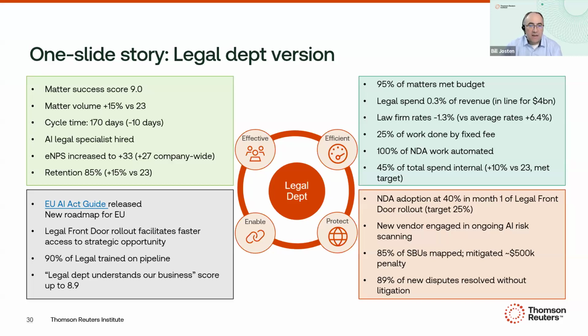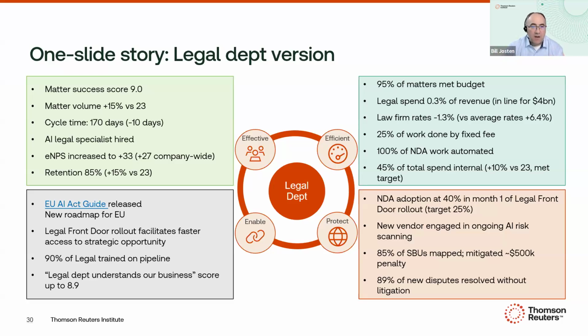We found benchmarking data that coincidentally just happens to be available through the Thomson Reuters Institute, but we're 0.3% of revenue. We can talk about that and benchmark it so that we're setting an industry standard. And because we know the organic growth of the revenue in the business, talking about our legal spend as a percentage of revenue, we can actually show favorability as a percentage of revenue without having to say our spend went up by $2 million, whatever the number might be. We're not necessarily talking about how much our spend increased. Even if it did, we're talking about it in terms of the percentage of revenue impact.